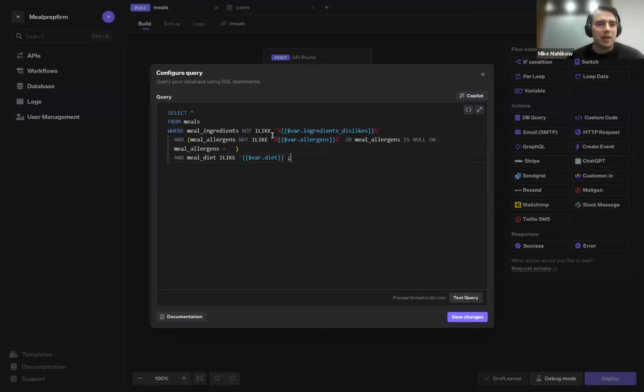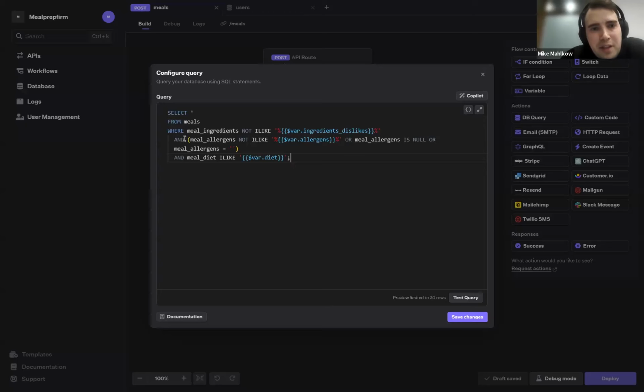So it can be capitalized or uncapitalized, and that is something that you sometimes stumble upon. You're like, hey, why doesn't fish work? If you use ILIKE, then it removes case sensitivity, which is just a small thing. And then the percentages are there just to say it doesn't matter whether there's a space before or a comma before. Basically anything that includes this dislike